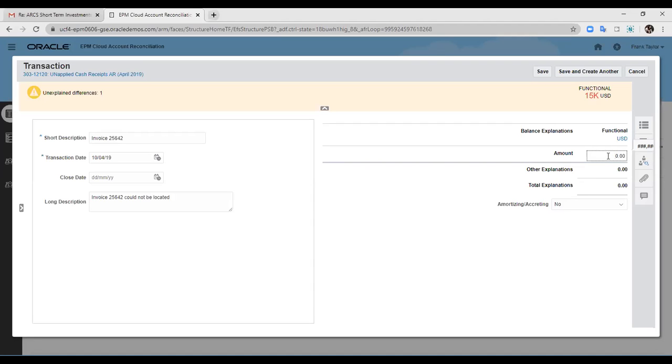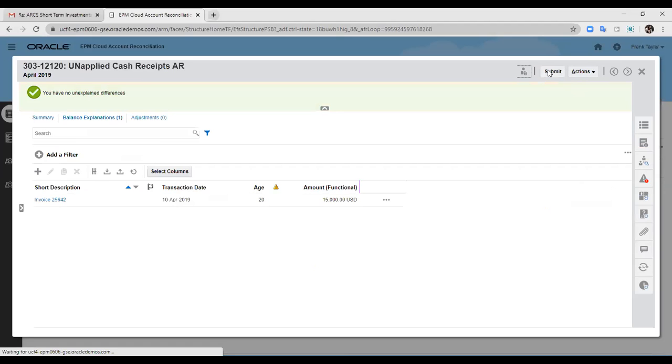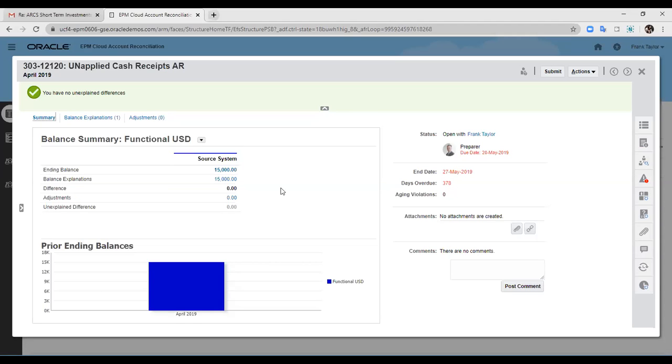So this is my invoice was not located. I'm just going to provide for this amount. As you can see, I've just provided for this amount. I am saving it. And as you can see now, let's say this whole amount was pertaining to this invoice number, which could not be located at that point of time. But when we were creating the reconciliation or finalizing the books, we could locate that invoice. So now I have located that invoice. I've entered it here, and now as you can see, there are no unexplained differences pertaining to this particular reconciliation